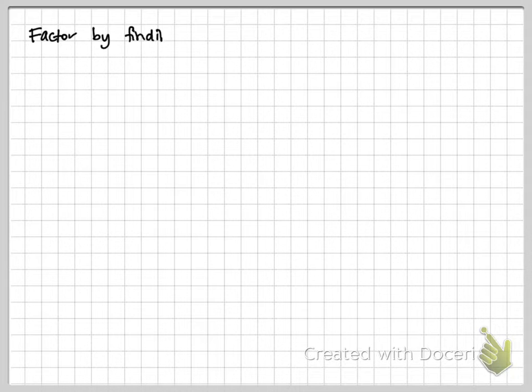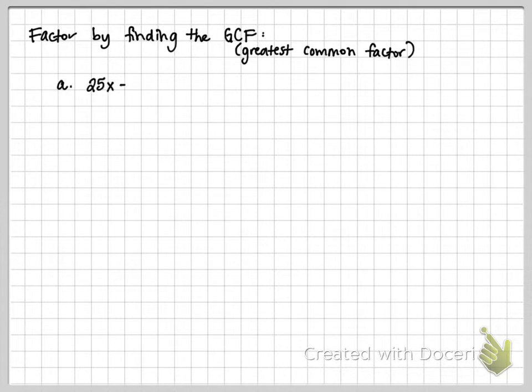All right. So factoring with a generic rectangle is one type of factoring. We're going to talk about factoring by finding a greatest common factor, or a GCF. And so we've got 4 problems on here. Pause and write those down if you need to. And what I'm going to be looking for is the greatest common factor. Now, what that means is the biggest number that I can divide out of all of the terms in the